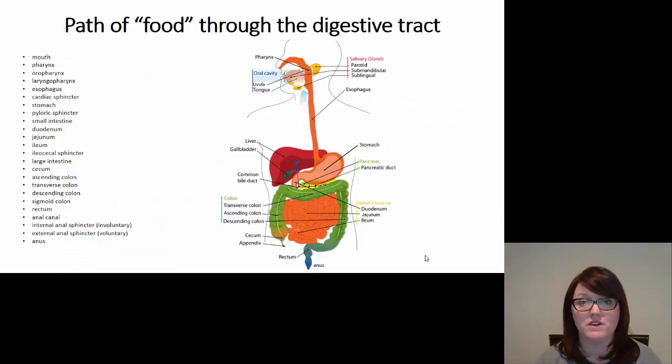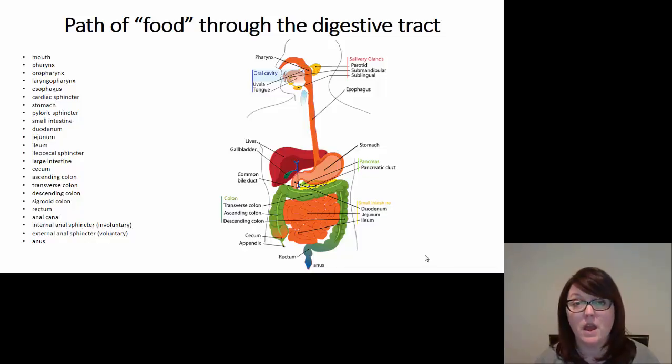Let's trace the path of food through the digestive tract. Okay. So food will enter through the mouth, and then it will go to the oropharynx, laryngopharynx, esophagus, cardiac sphincter, stomach, pyloric sphincter, duodenum, jejunum, ileum, ileocecal valve, cecum, ascending colon, transverse colon, descending colon, sigmoid